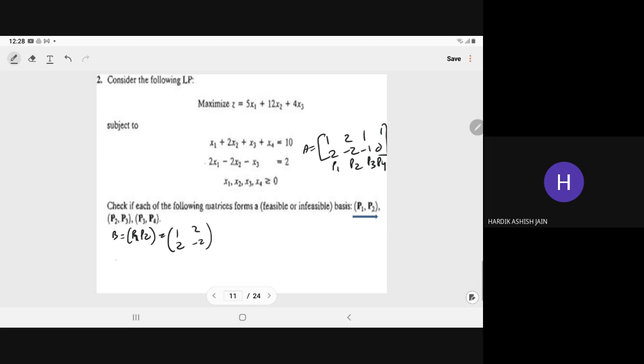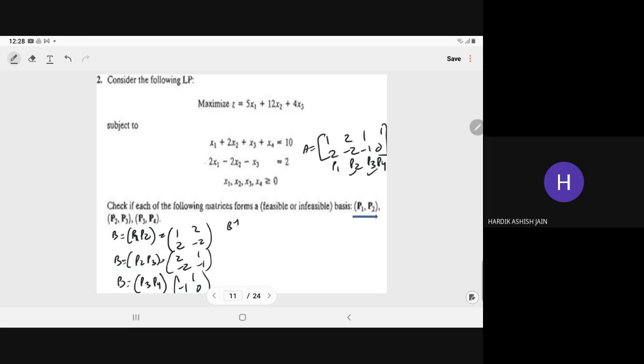If B is equal to P2, P3, then corresponding to P2 and P3 we have 2, minus 2, 1, minus 1. And if B is equal to P3, P4, then corresponding to P3, P4 we have 1, minus 1, 1, 0. So